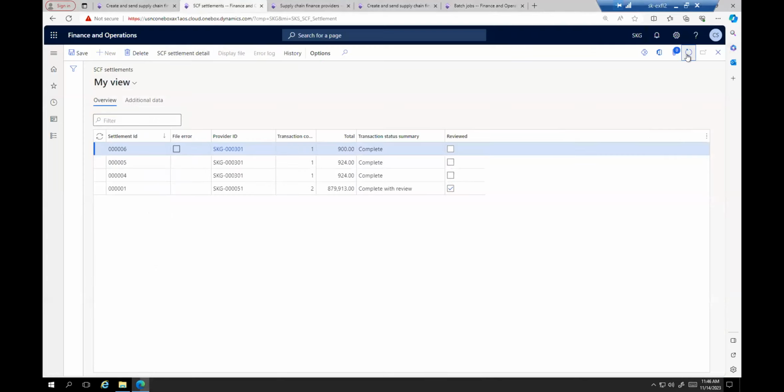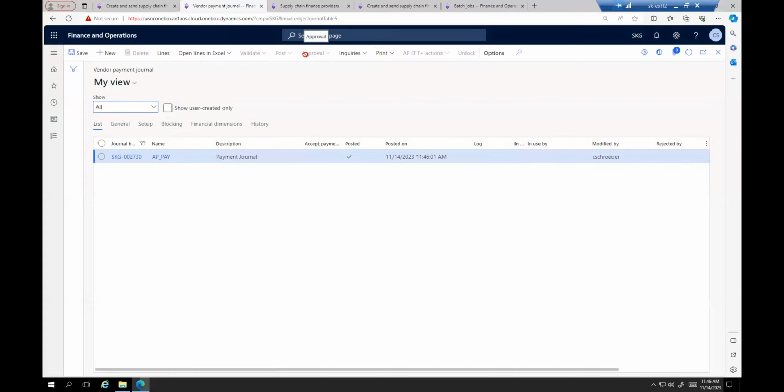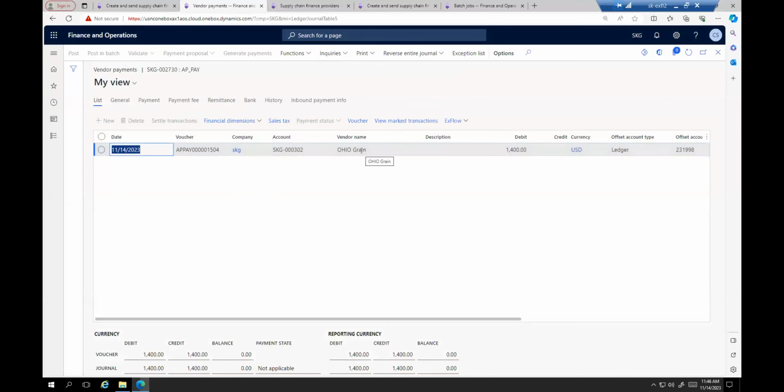If we go to the settlement screen, we can see that the settlement got read in just now. We look at the details on it, and we can tell if it's a match. If for some reason a settlement would come in that's different than we're expecting, you'll see on that first screen that it says it needs reviewed, and on this screen you will be able to tell if things matched or they didn't match. But we can see if we go to this payment journals, I had mine set up to create the journals. This is really moving the payable across. So if I go to this journal, we'll see that this original invoice to this vendor got resolved and it got moved to a temporary holding account.